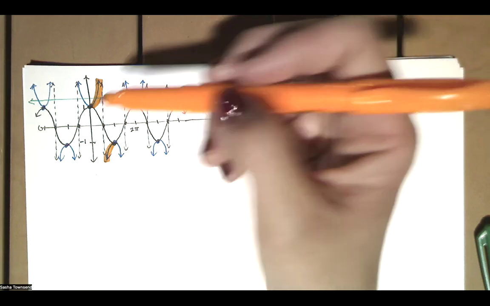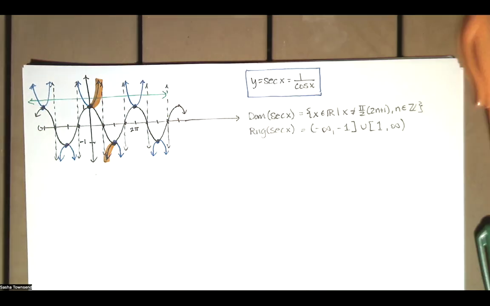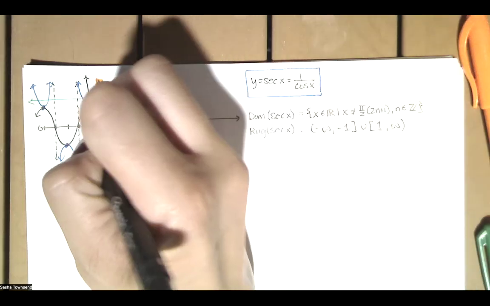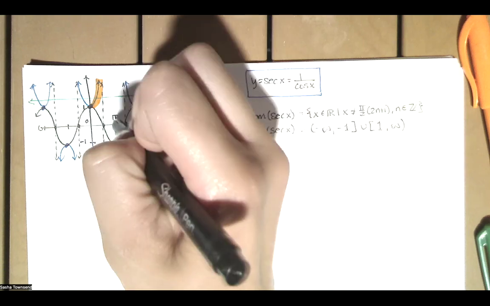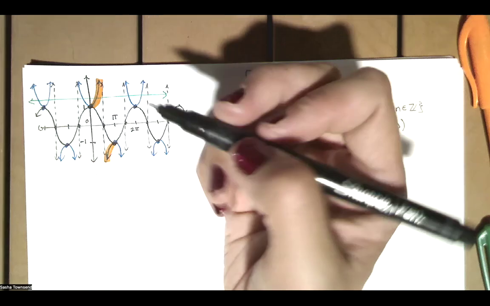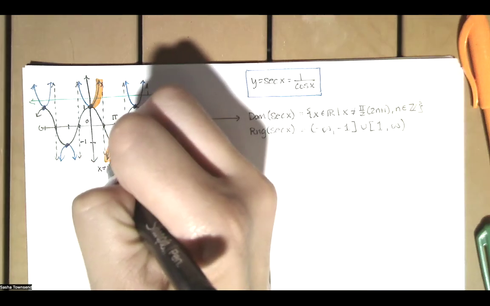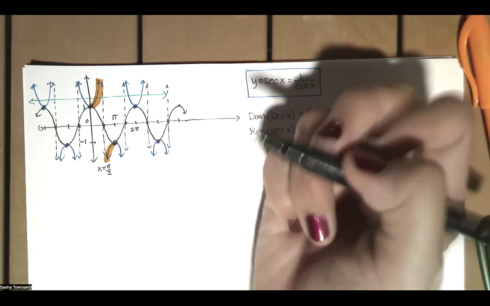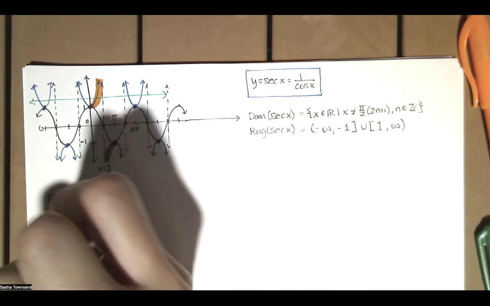And that's it. Our domain of that restriction is 0 to pi. We start at x equals 0, and we go to x equals pi. Then we have to rule out x equals pi over 2 because we've got a vertical asymptote there. So with our restricted secant function,